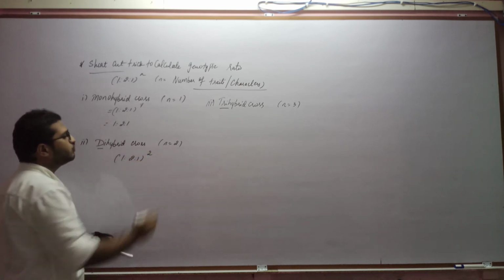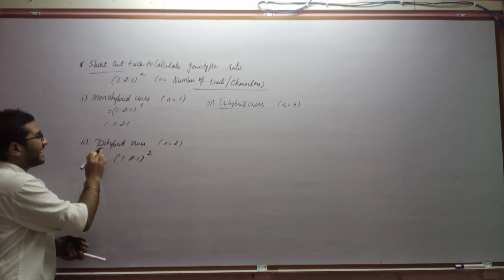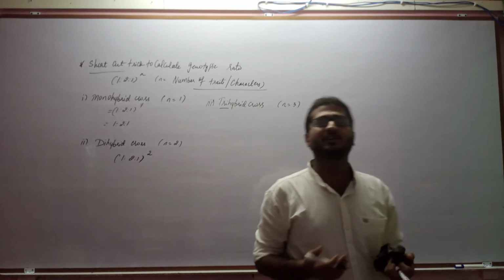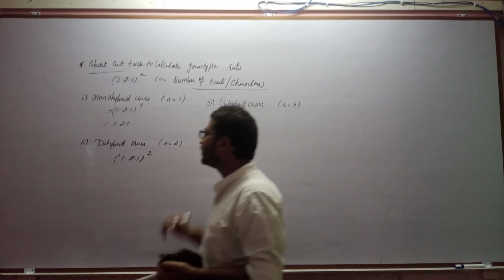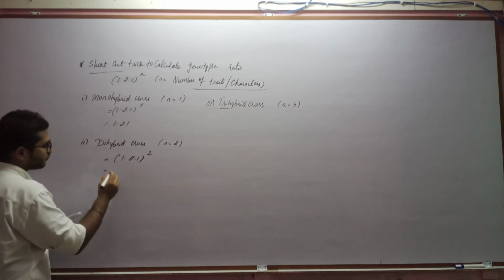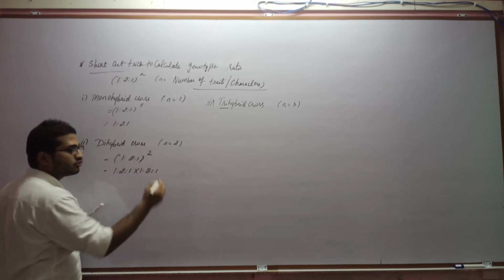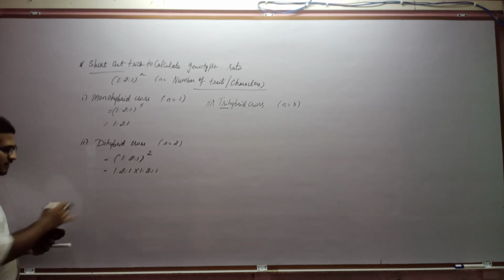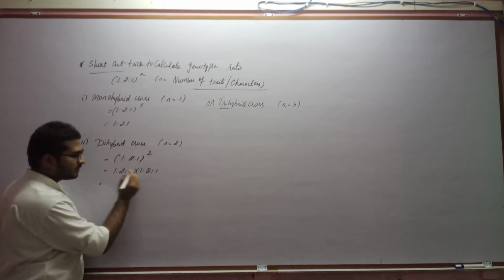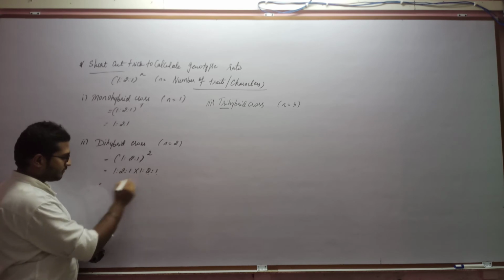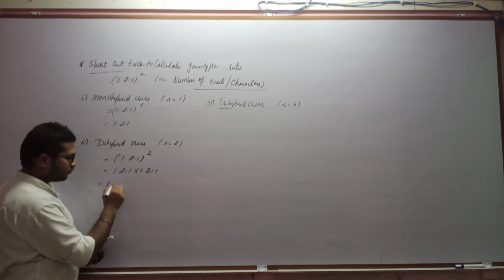Let us discuss for dihybrid also. 1:2:1 raised to 2. Why 2? Because it is dihybrid, an experiment or cross in which two characters are involved. So n would be 2. So let us write this 2 times. 1:2:1. Again it is multiplied by 1:2:1. So let us do the multiplication. This 1 has to be multiplied with this 1, 2 as well as 1. Clear? So 1 multiplied by 1 is 1, 1 multiplied by 2 is 2.